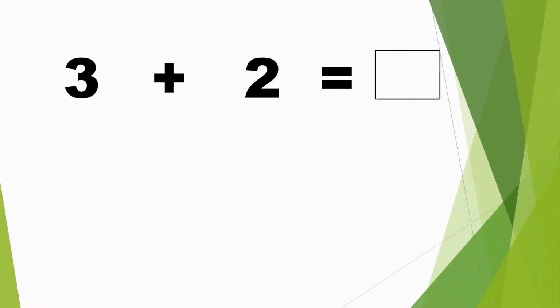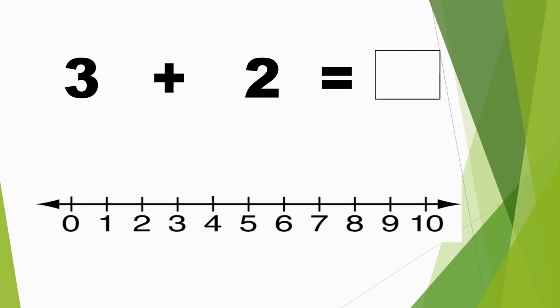Suppose I did not have these images with me. Instead of images, I have these numbers. That is, if I want to add the number 3 with the number 2, that is 3 plus 2. So how can I move this side and count? Well, I take the help of a number line. So I will make a number line like this, and I take the help of this number line to do this addition. Let's see how I can do that.